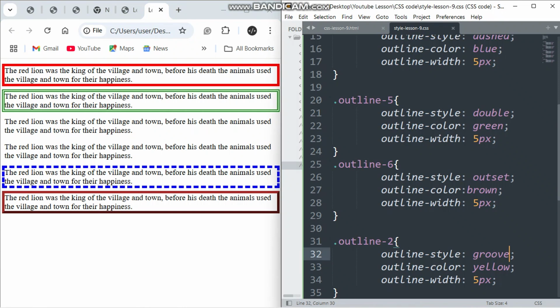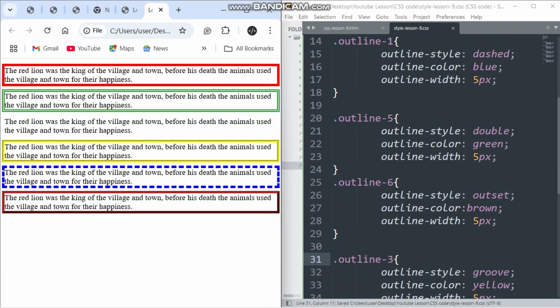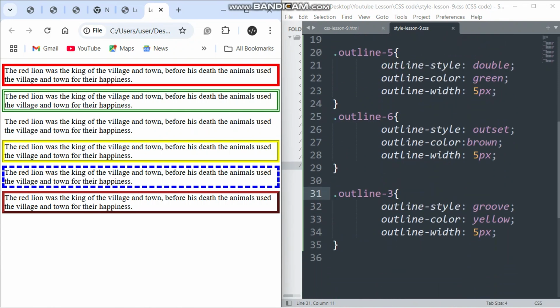We need something like growth. Yeah. We need something like growth here for outline 2. Okay. We'll use this on 3. Good. We save it. If I come and refresh this place, now we see here, this is the growth yellow we have. Good. The next place we want to use,